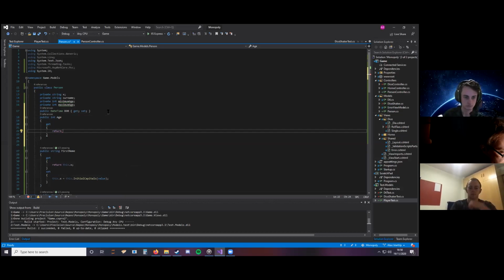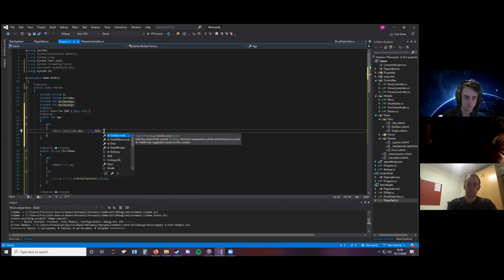So I want you to do datetime.now minus this.dob and put that expression in brackets. All right. And when you subtract one date from another, you get a data type called a time span. So if you now go to the end of that bracket and hit dot,